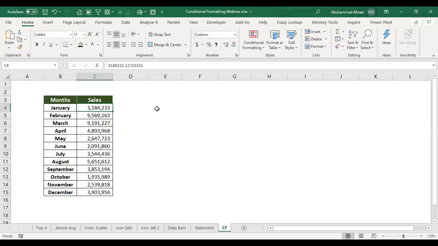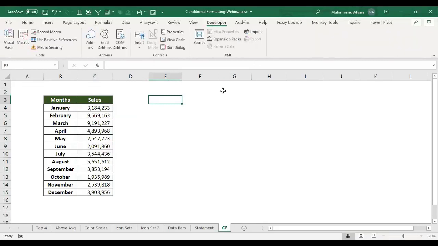So we are required to create a sort of interface where we have some buttons here. When I click on millions, these numbers automatically convert into millions, not as full figures. When I click on thousands, these amounts should get updated as thousands automatically, right? So how to do the number formatting within the conditional formatting? Let me just perform this.